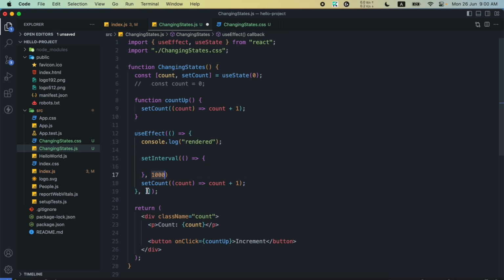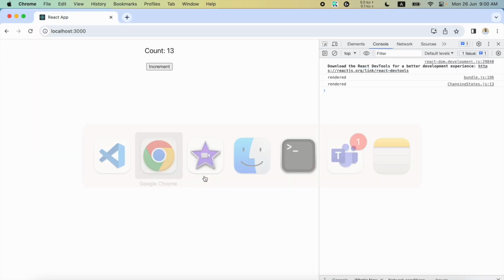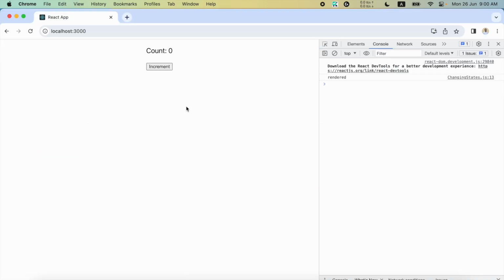So 1000 milliseconds is actually 1 second, and setCount should be inside of the setInterval. So if I visit the browser again, you can see that the value of count is increasing by 1 every